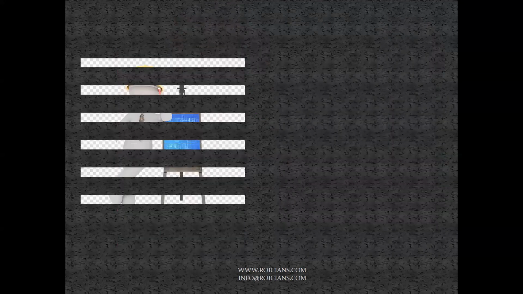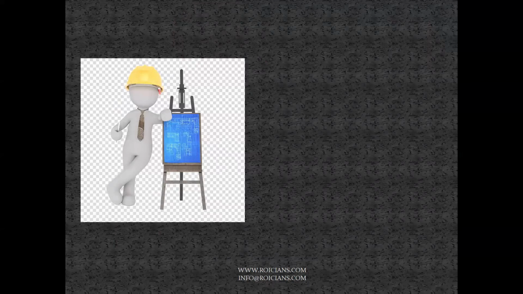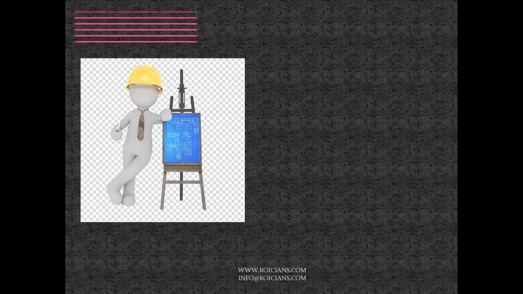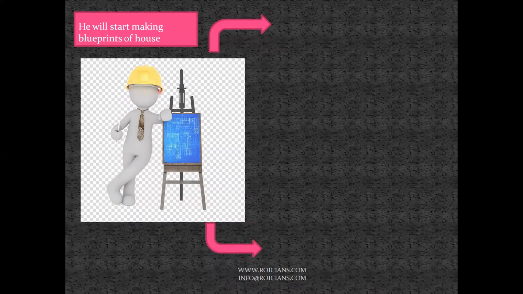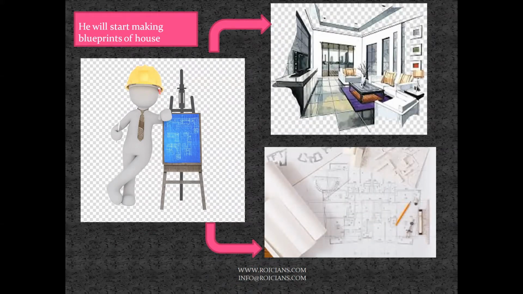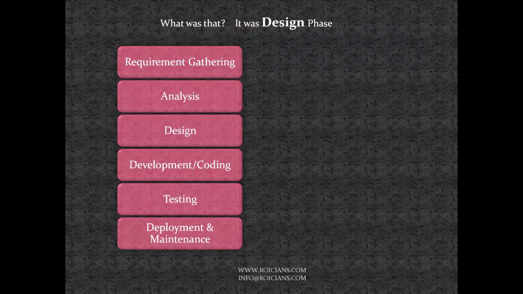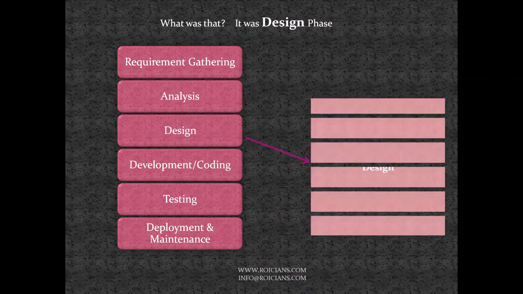Next phase is the designing phase. Guys, it's not like that when the requirements are finalized and the feasibility study is done, we'll actually start building the house. No. First thing is to make a blueprint of the house, the architecture of the house. So Mr. Designer will make the architecture of the house and get it approved from the client. Until the client approves the blueprints or designs of the house, this process will keep going back and forth. So this was the design phase in which the designer will design the blueprints of the house.